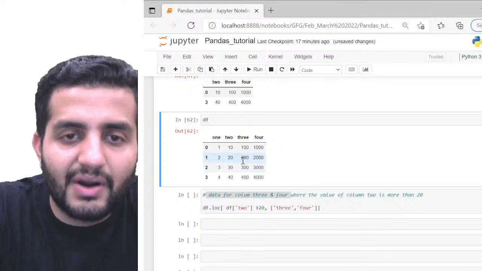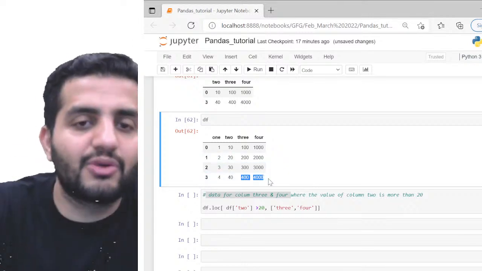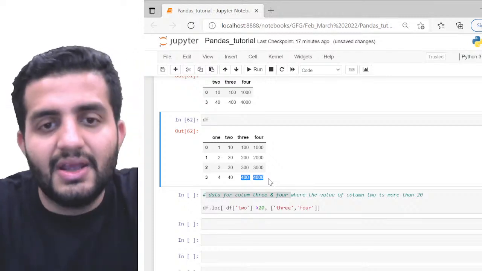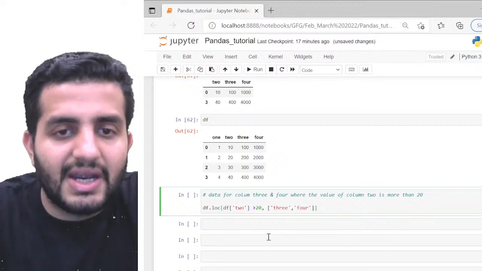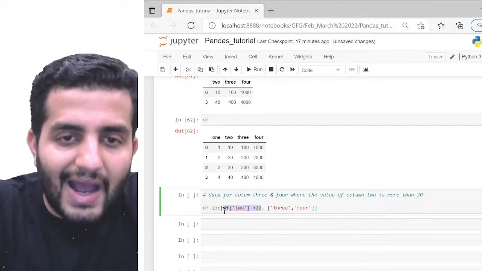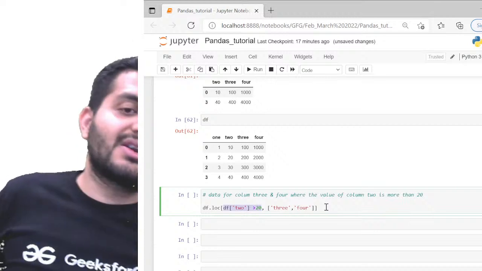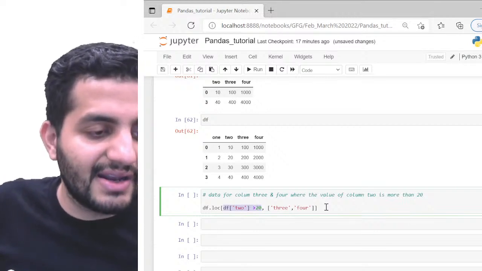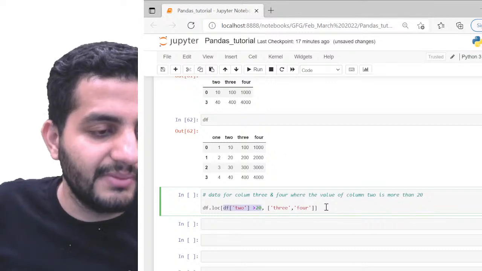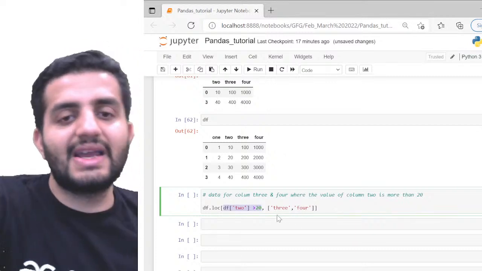So ultimately I want 303,000 and 404,000. This is what I want the data to be printed, right? This is the question. So now in this case, we have again two things, rows and the columns, right? So here in the row, I can specify directly the filter logic, where my row indexes are, where I exactly want the rows to be.